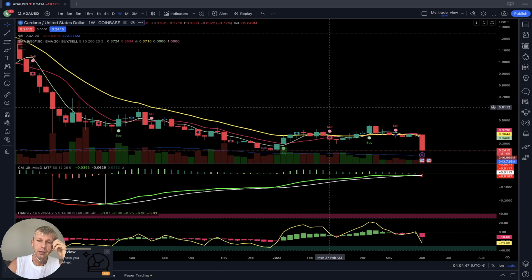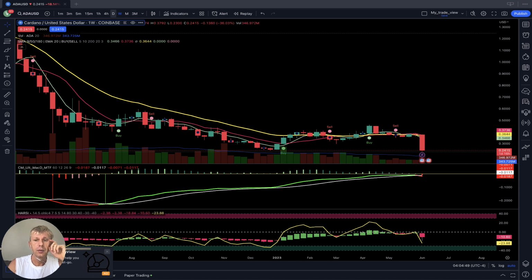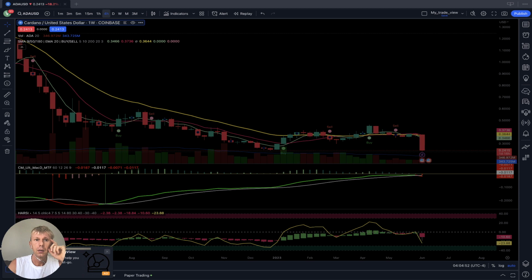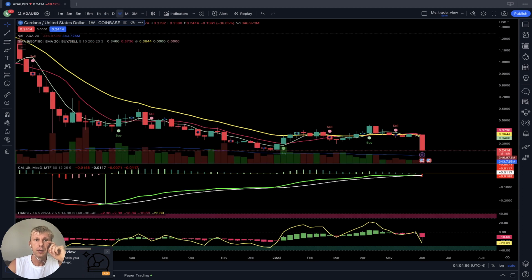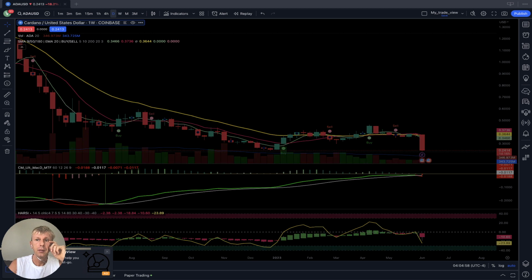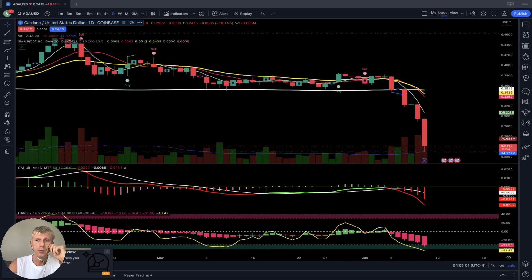Weekly time frame negative on all indicators. I'm sorry, it was daily time frame, not weekly. No, weekly time frame, yeah, weekly time frame negative. Let's see daily. Daily it is very oversold on RSI, right, in the negative territory, very sold on MACD in the bearish territory, and last bar very far and disconnected from 20. Now all moving averages below 200, it's a bearish territory, but bearish trend in last bar disconnected from 20 on daily time frame.